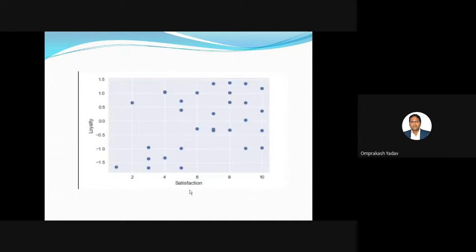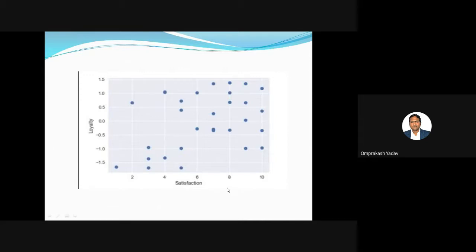Suppose I had the data initially and I try to plot it with only two axes. One is the satisfaction and the other is the loyalty. So I had that 1000 samples. I try to plot, how to plot and all that we will be seeing, so don't worry about that. I'm simply showing it right now. So let's say I'm making only two axes, one is the satisfaction and the second is the loyalty, right? Now what I'm observing after plotting this, this kind of plot is called a scatter plot.